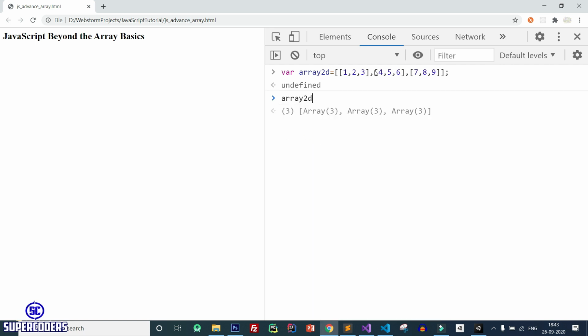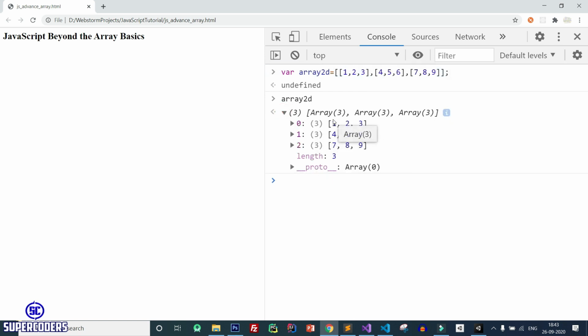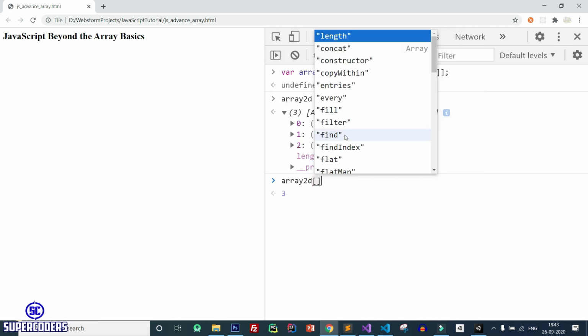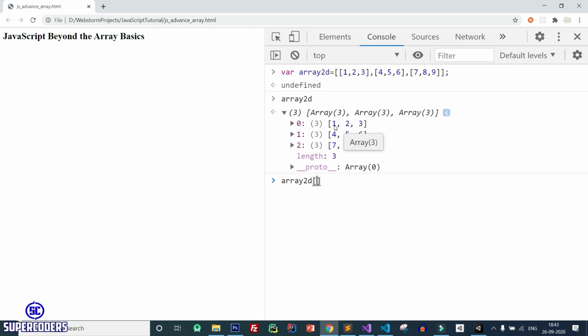So array2D, print it, and here if you see it is an array inside an array. You can see it looks similar to a matrix form. If you learned in math, you know what a matrix is. You can see rows and columns. So how can you access an item? If you want to access the first row and first column item, it is first row then column.